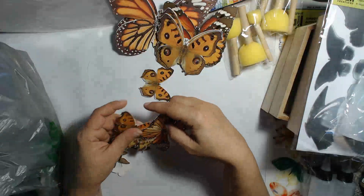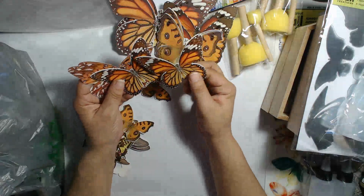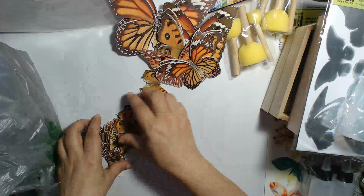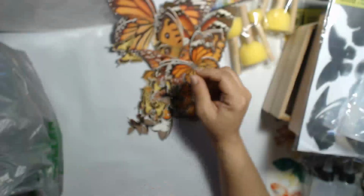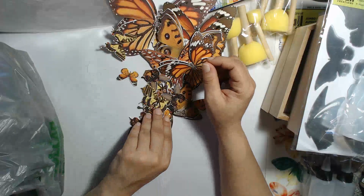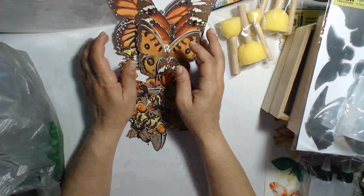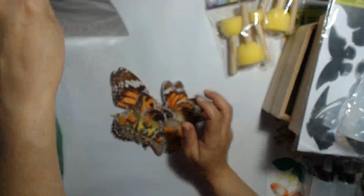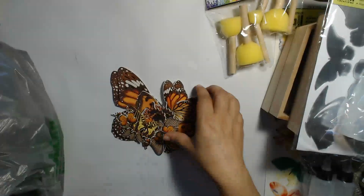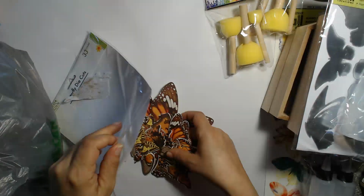So you get quite a few of each. Some of them you get more than others, but you do get quite a nice variety all the way to the smallest size. So super cute. Definitely very resourceful. I'm super happy that Dollar Tree is bringing die cuts because for $1 you can't go wrong. You cannot go wrong, and I hope that they do bring more different ones